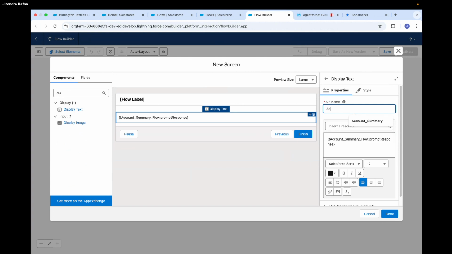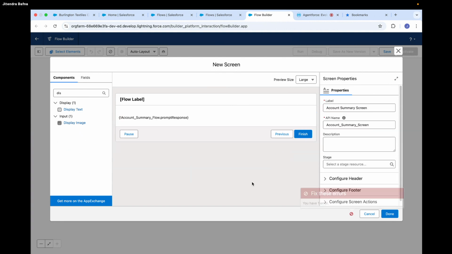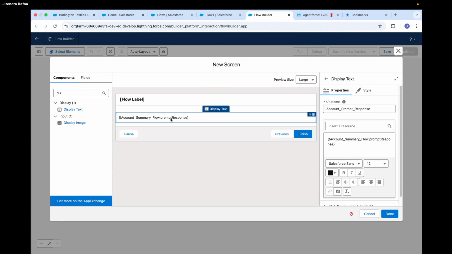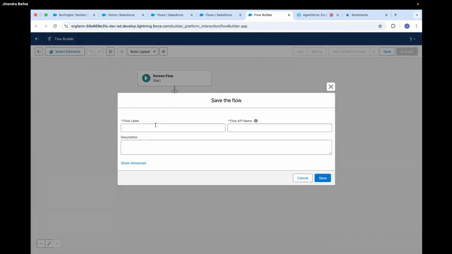So I can just say account prompt response, just done it. Okay, it requires underscore. Everything is correct, account. So now just save it, account latest screen flow, save it,